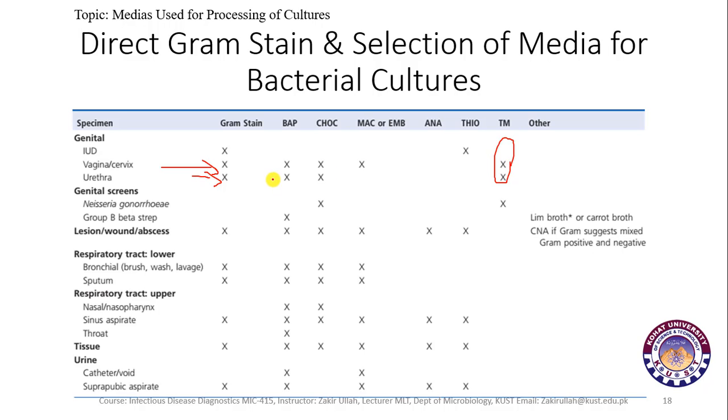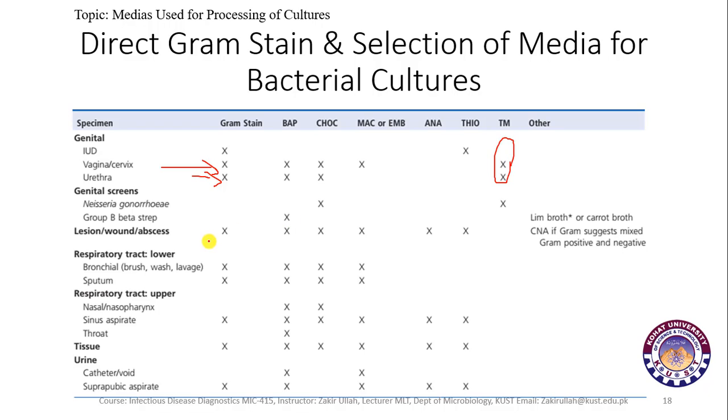If genital screening is performed for Neisseria gonorrhoeae or group B streptococci, then if Neisseria gonorrhoeae is suspected, they are inoculated on chocolate agar and Thayer-Martin agar,